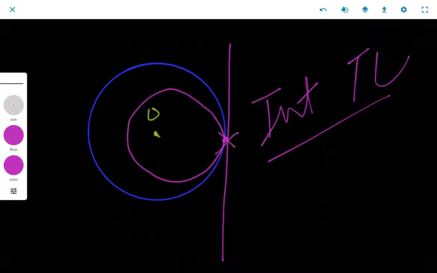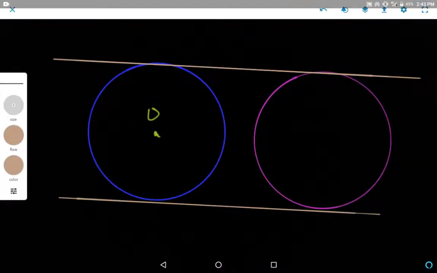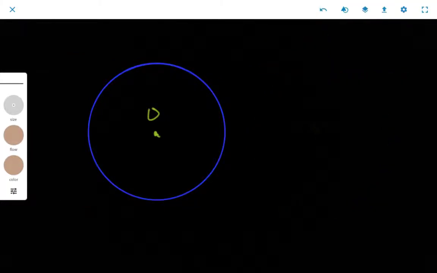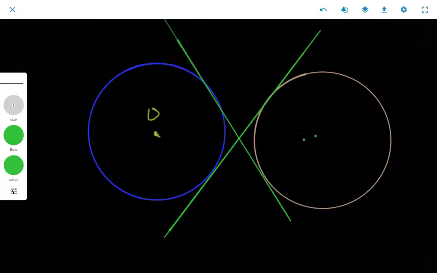Now we'll move on to the new thing that is called a direct common tangent. Now as you can see in this, let's say this is Q. These tangents, when there is a common tangent between two circles and both the circles lie on the same side between those, are called direct common tangents. Now there could have been a different case. Let me draw this. Here you can see that both the circles are meeting at a point.